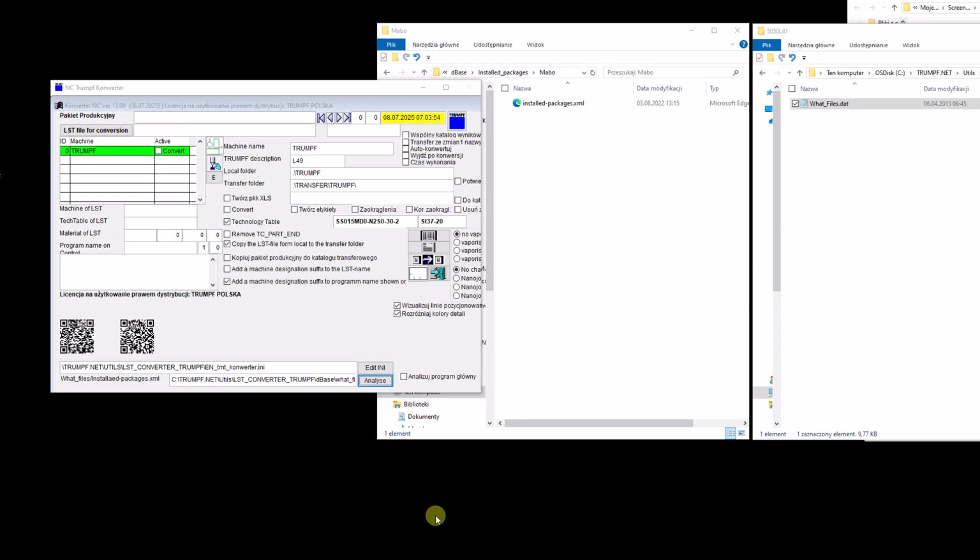Hello, today I would like to show a new function of the LST converter provided by the Trump company. And the new function allows to read very fast the information from the files